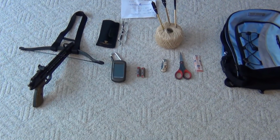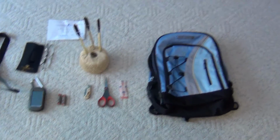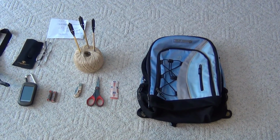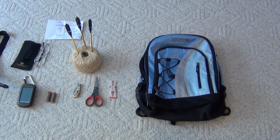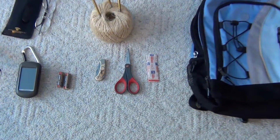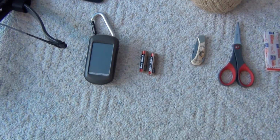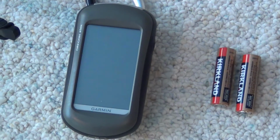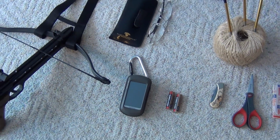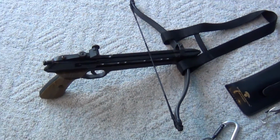What you're seeing now, and it looks like I'm out there to go hunting something, but I'm not. I ended up putting a backpack together, and I've had to retrieve a couple lost aircraft, and over time I've come up with some ideas on how to get it down from bad situations. So you got my backpack, a little band-aid because you're going to get scratched up probably, some scissors, a knife, extra batteries for my little Garmin, and as you can see there's my Garmin, and that thing works wonderful even in heavily covered areas. You've got my twine, and what you're going to see here, the crossbow,